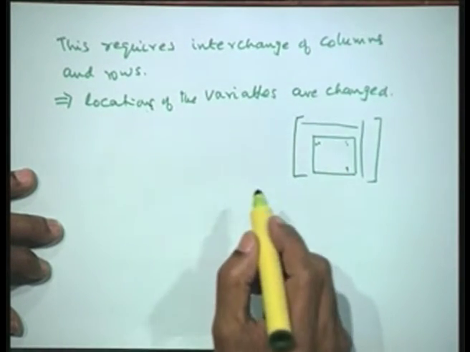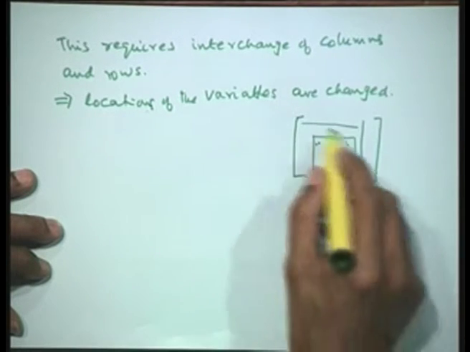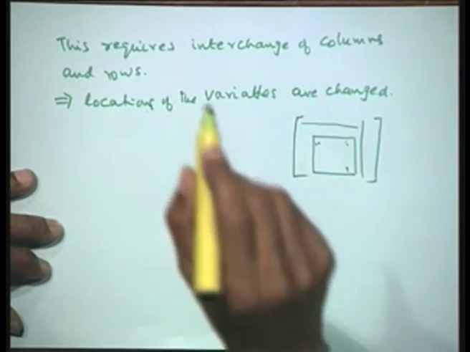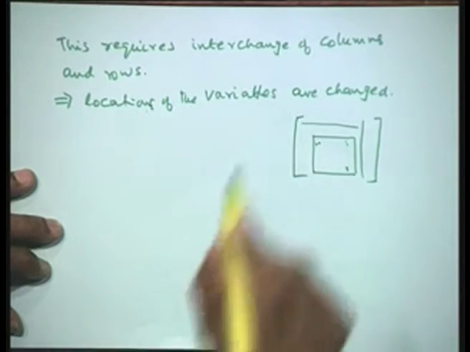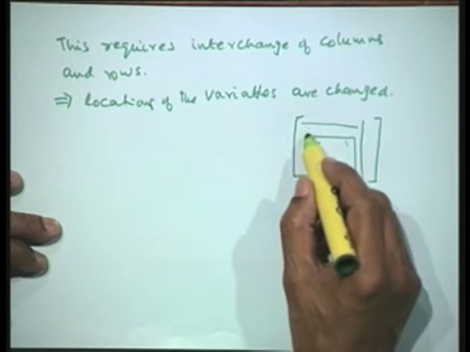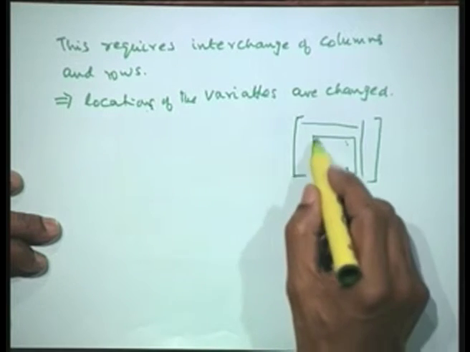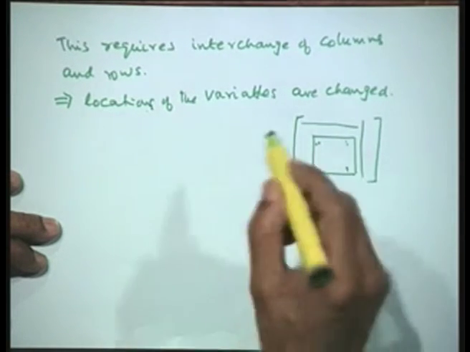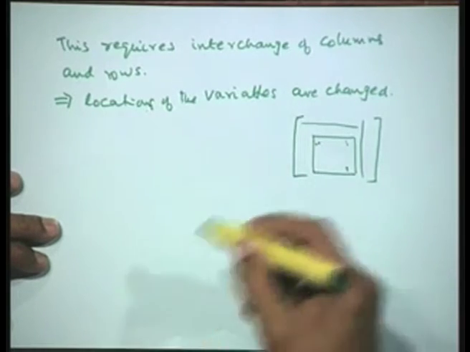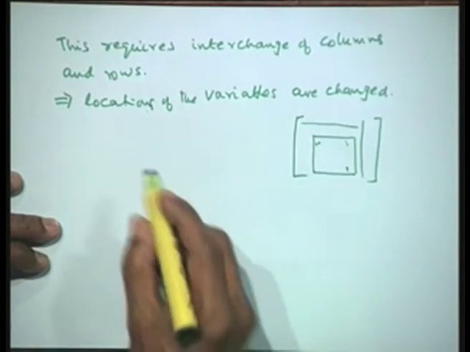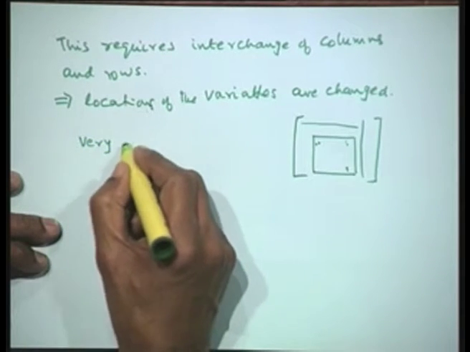Therefore we need to keep track of the location, once the procedure is complete, of which position the variable is now in. x1 may not be in the x1 position, it might have gone to the 100th position, it might have shifted from 100 to 50, so the position might have changed. So we need to keep an index and keep tracking where all these elements are. Therefore the procedure is very expensive, because we will be comparing in the first stage n square elements, then n minus 1 square elements, n minus 2 square elements and so on, and besides that, keeping track of all these locations would be very expensive. Therefore this procedure is very expensive,